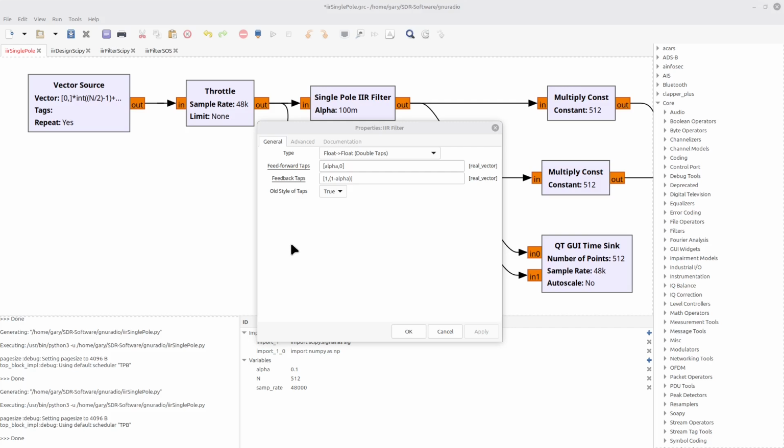That in turn requires more complicated calculations. Those are calculations that I'm not even close to being able to properly describe. Instead, I'm going to turn to two SciPy statements. These are the IIR design statement and the IIR filter statement.